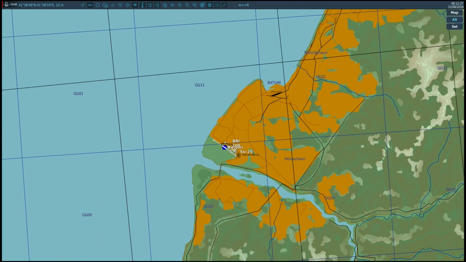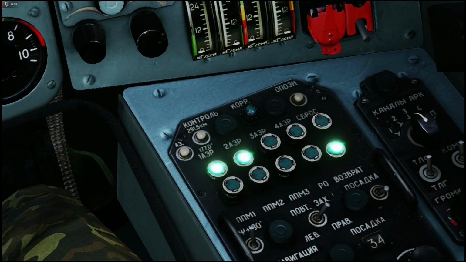So why use the return mode? The return mode is used when you have finished your mission. You want to get back to prepare for landing. At the return mode, you have plenty of time, plenty of space, plenty of maneuvering space to line up to a good approach. If you select navigation directly to your airport, you have to get to the airport, then go around, line up, and then land. If you use the return point, you just go to a return point and then landing mode, which is